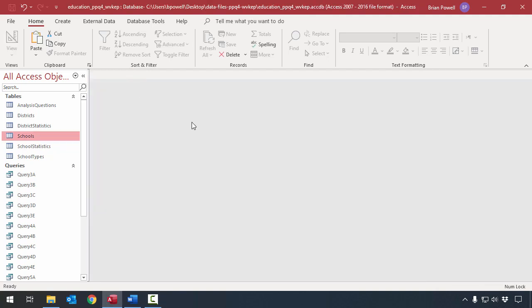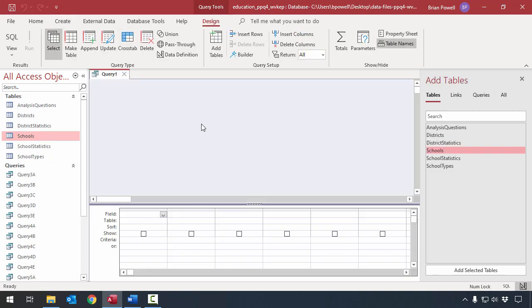For our final query, we're going to delete records from the database. The same thing applies as with an update query about having to enable content. If you don't enable content, a delete query is not going to run. Let's go to the Create ribbon and we'll click on Query Design. And under the Query Type section here, I'm going to choose a delete query this time. And we're going to delete the records from the schools table where the IDs correspond with the 2 records that we added for Steve Harvey Elementary and Bob Denver